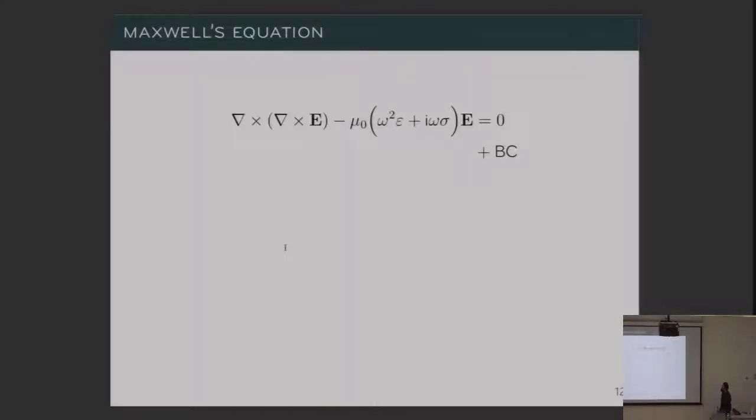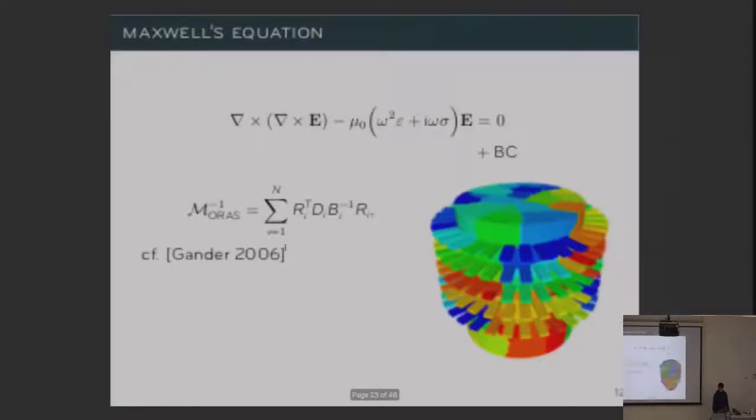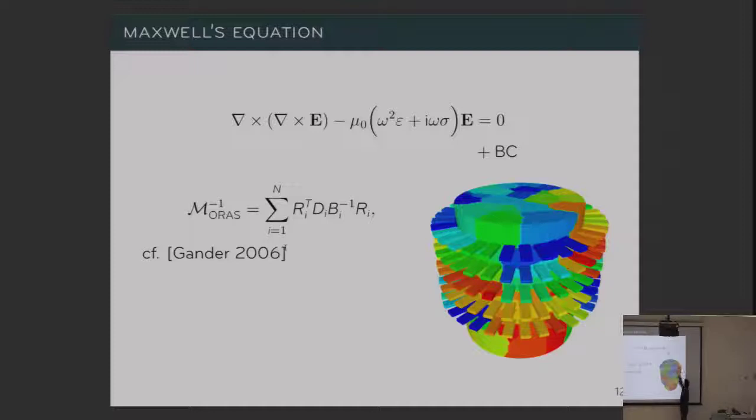Another problem is this time Maxwell's equation. So this is not trivial to solve this equation because we are not in the eddy current formulation. So for example, you cannot use AMS for this kind of problem. And so we are interested in doing the Maxwell equation on an imaging chamber. So basically, all of these waveguides are used as emitter and transmitter. And so you need to solve a linear system for each of those waveguides.